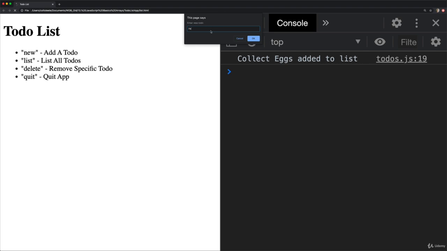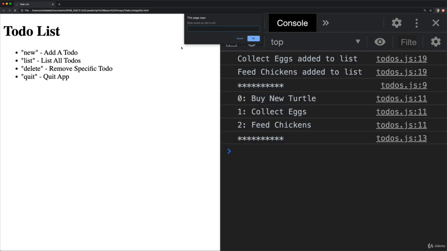How about feed chickens? And then I'll type list, which is another command, and it prints me out the list somewhat in an okay looking format. We've got the stars up here just to separate things out. And then it shows me the index and then the actual to-do. Now that index, that number there, is important because if I want to delete a to-do, which I'll do now,